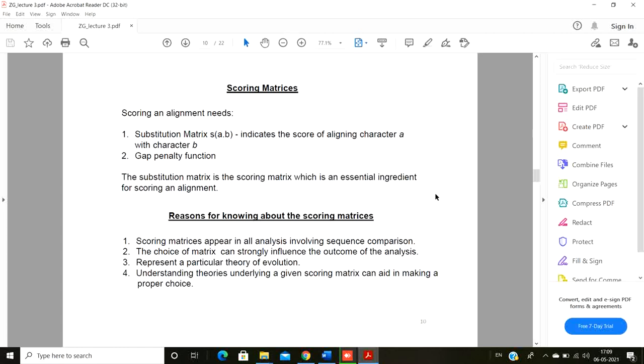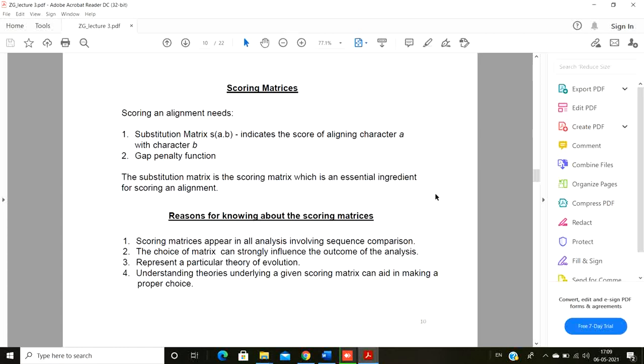For the scoring of an algorithm, there are two things that the algorithm depends on. One is the substitution matrix, another is the gap penalty function. Now what is the substitution matrix? And what is the scoring function? We saw that we have a gap penalty, right? We talked about gaps, and we now know that with each gap there is a penalty associated, simply like a negative marking, and as the gap length increases, so does the negative mark, right?